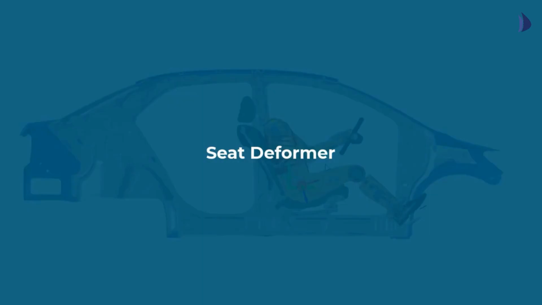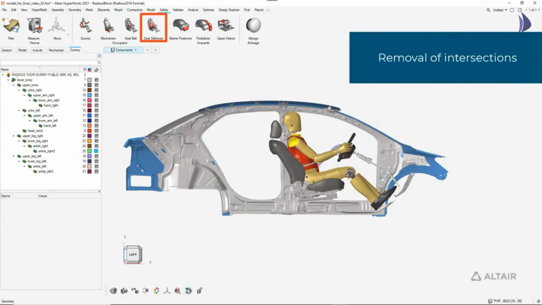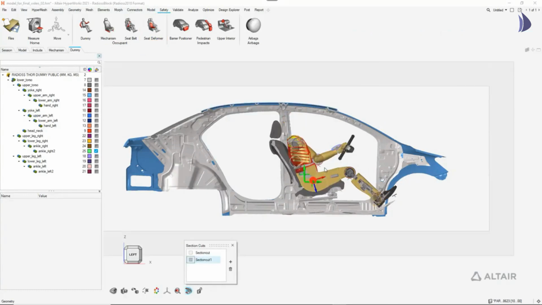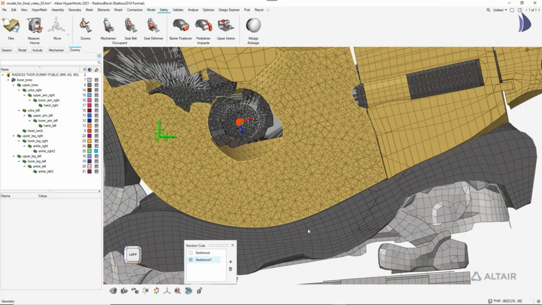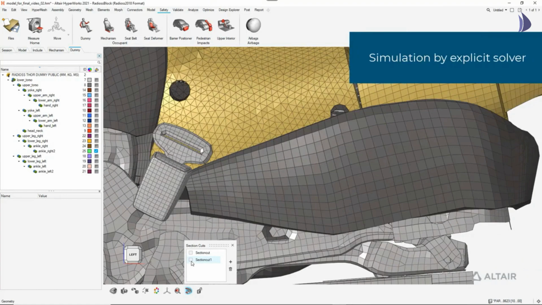After positioning the seat and dummy, the removal of intersections inside the dummy and between the dummy and seat are managed by the Seat Deformer and Dummy Deformer tools. The Seat Deformer and Dummy Deformer tools enable simulation of the real deformation of the seat and the dummy using